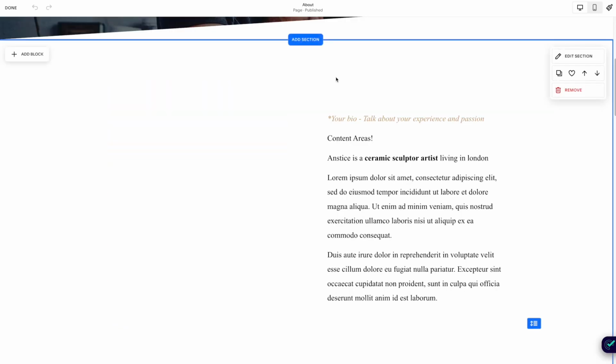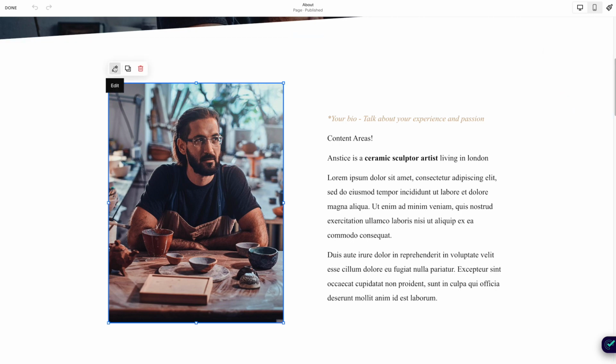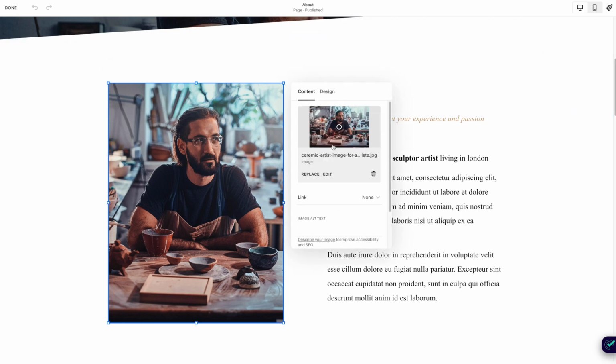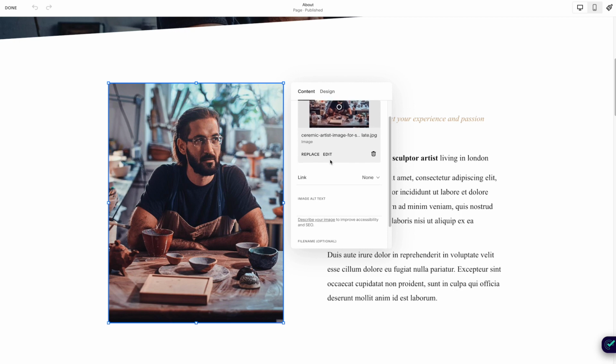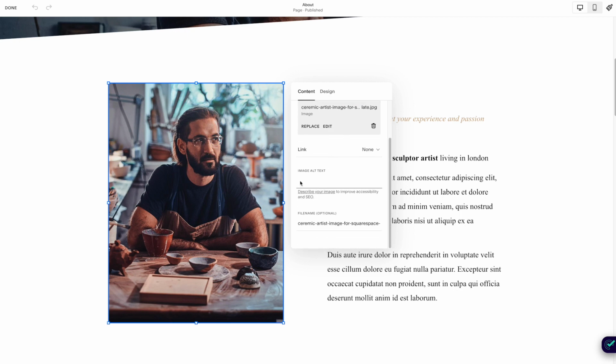So on the website, we'll go to an image and we'll just click the pencil icon. And you'll see there's some different settings here, and we have image alt text just here below the link. And we've also got file name, so it's always wise to name your file and add in a keyword there if you can. So we want to name this very descriptive, so let's try Einstein is a UK sculptor artist